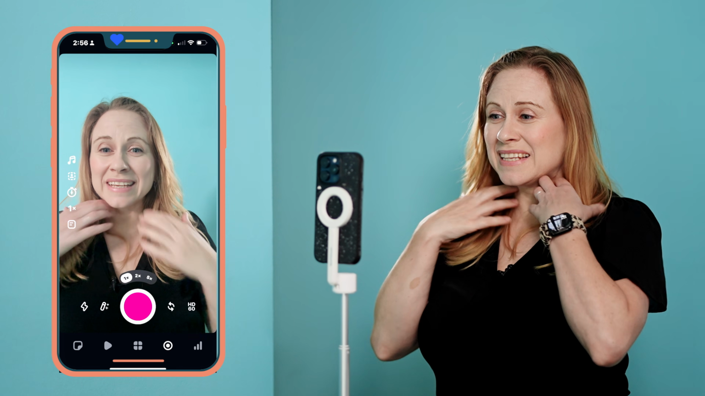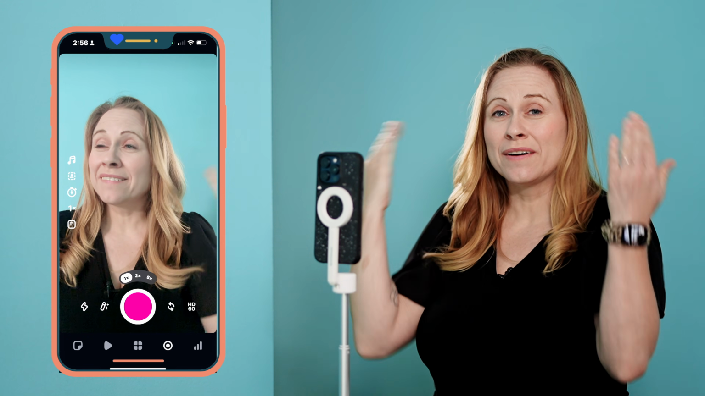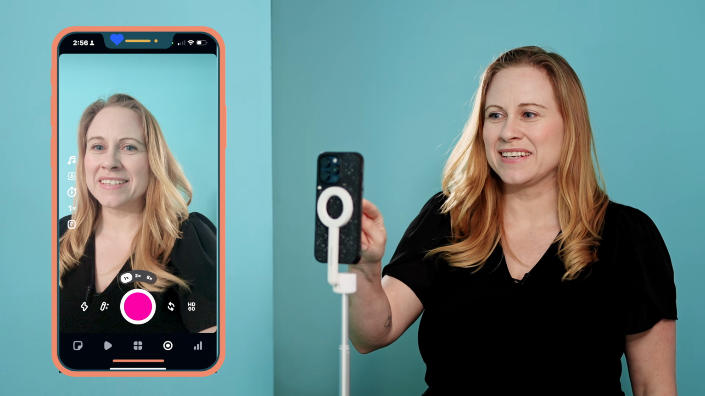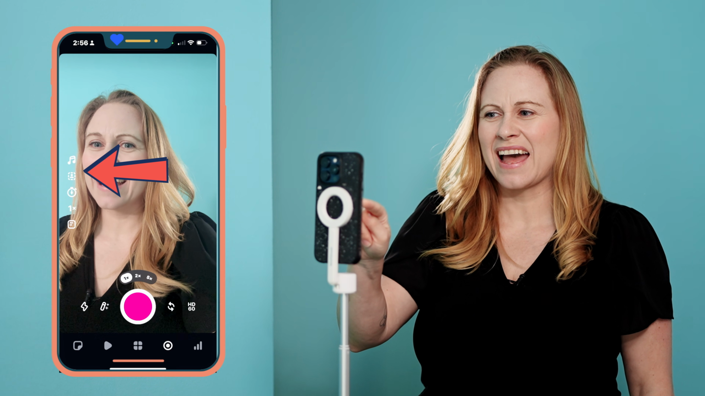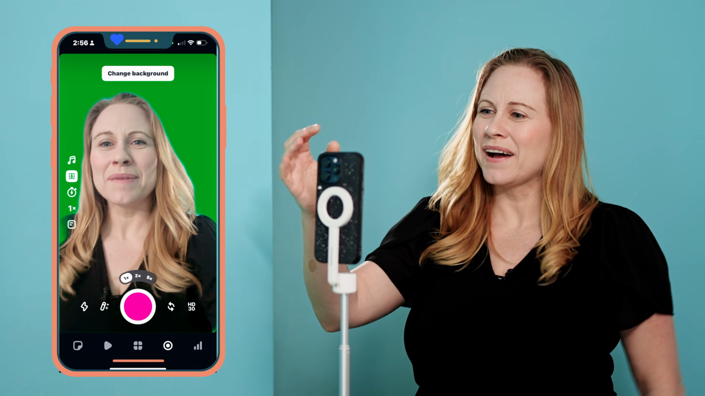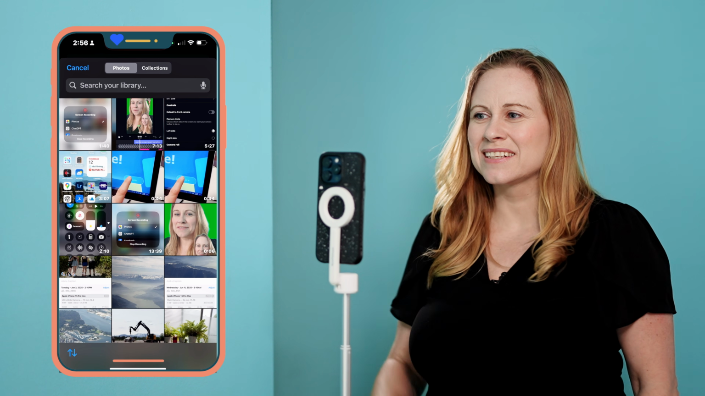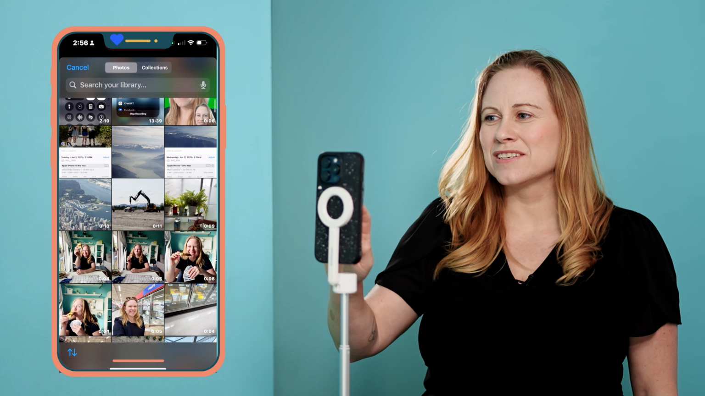Okay, so I'm in Instagram Edits and I want to film in here, but my background's kind of boring, it's just one color. And if I want to change my background to make it more dynamic, then what you're going to do is press this head with the cutout, the change background icon. It's the second one down, and then you're going to click change background, and you're going to choose which photo